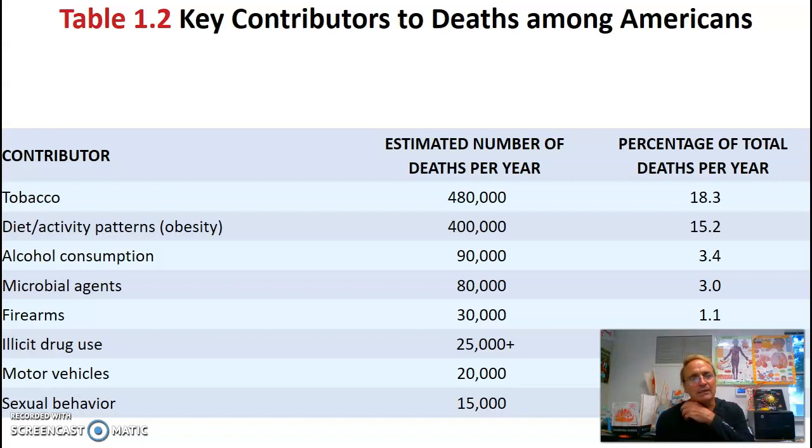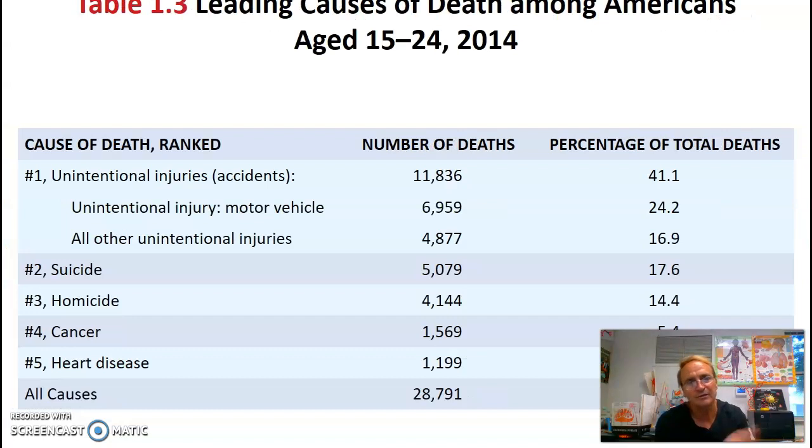And again, the leading contributors again, is smoking. People that smoke have the highest rate of mortality. And next, it's how we're eating, and then consuming too much alcohol. Marijuana is going to show up on this list somewhere, I'm sure, but we haven't had the statistics yet to show us that it might change the number of deaths per year. Coronavirus is definitely going to be added to the list if it keeps hanging around for a long period of time.